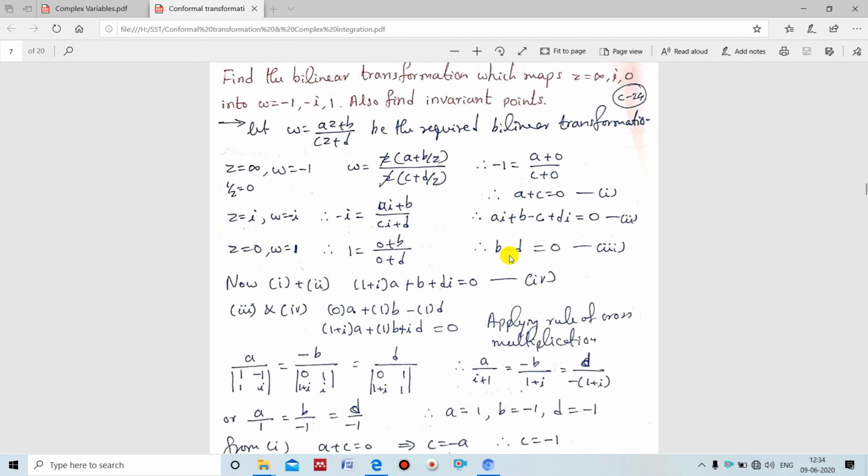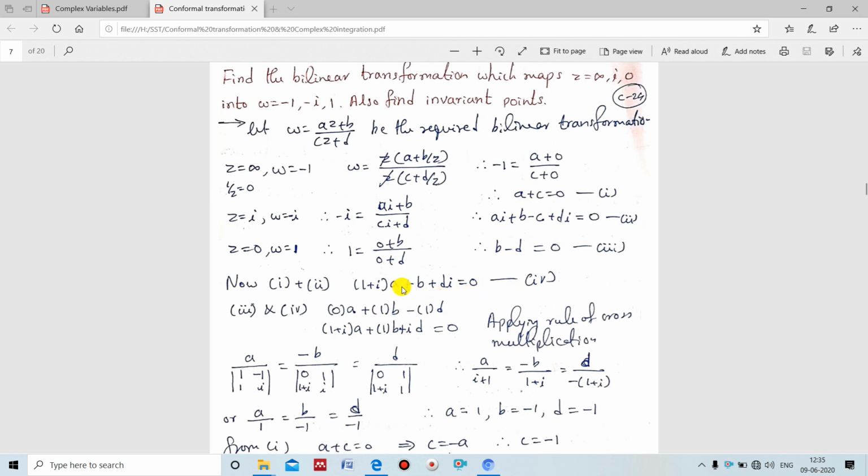So first we make an equation such that it contains 3 unknowns, and one more equation such that it contains 3 unknowns. Both sets of 3 unknowns should be the same. For that, I have added equation number 1 plus 2, which cancels one term. a plus ai is a plus ai; take a common, (1 plus i) times a. Then 0 plus b is b, plus c minus c cancels, and 0 plus di equal to 0. So it is equation number 4, and it contains 3 unknowns.